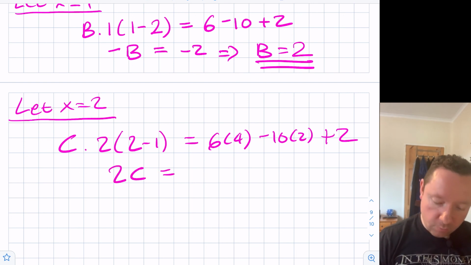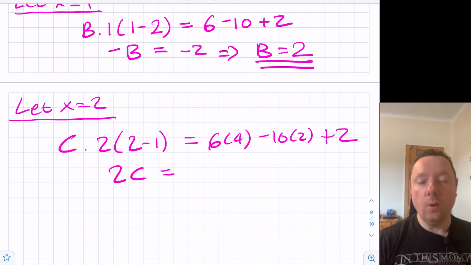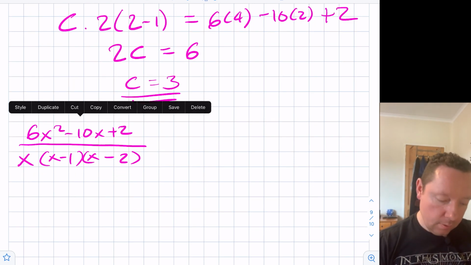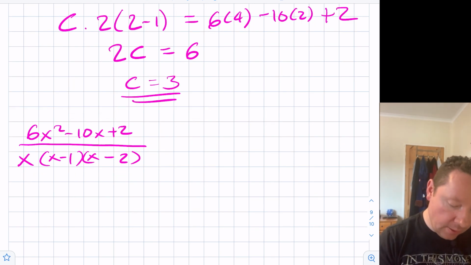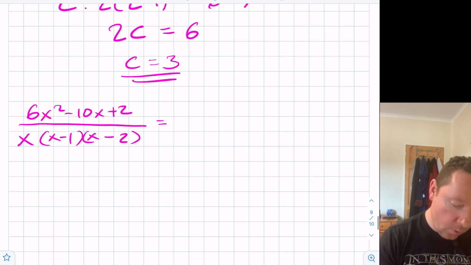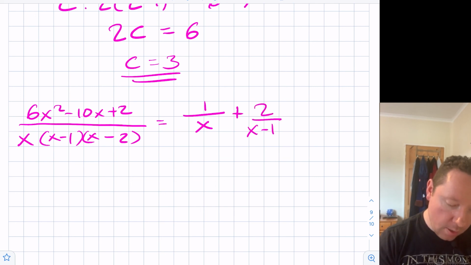And the right hand side, we've got 24 minus 20, which is 4, plus 2, which is 6. So c equals 3. So we started with this, so that means that, remember, a is 1, b is 2, c is 3. We get 1 over x plus 2 over x minus 1 plus 3 over x minus 2,